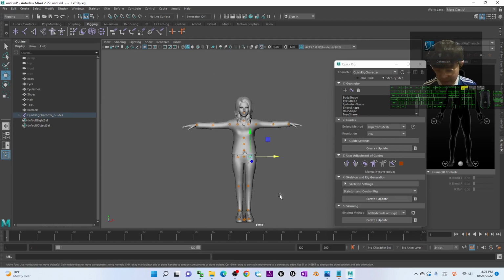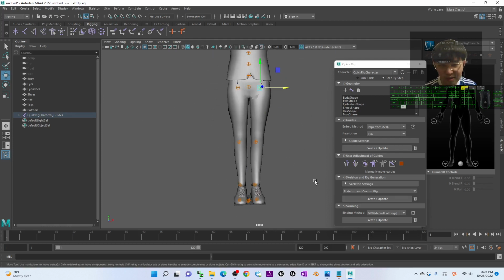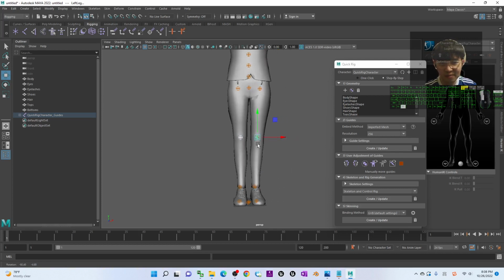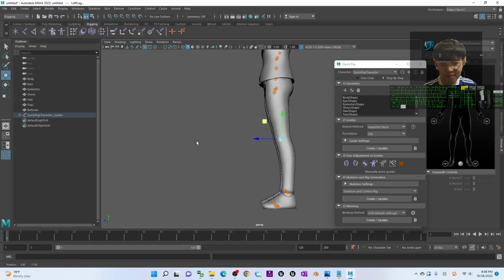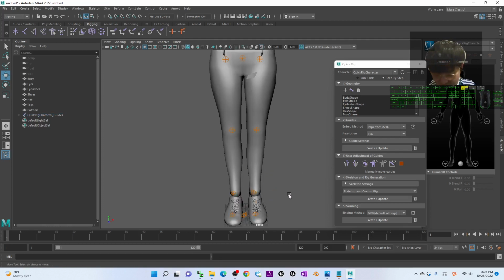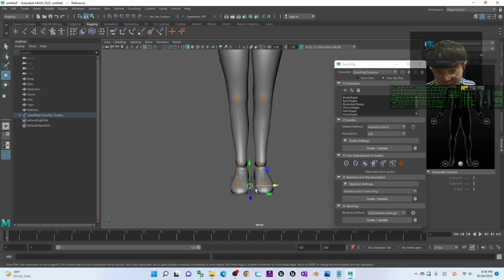Right. Now, you also check here. This is the ankle. Make sure it is at the correct position. And also the foot. Control Z. You can see this is the root.